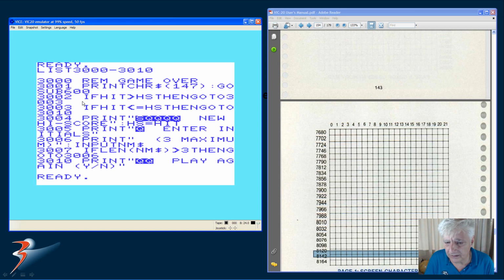And yeah, we're checking if a new high score has been obtained, and if so, we go to line 3040,